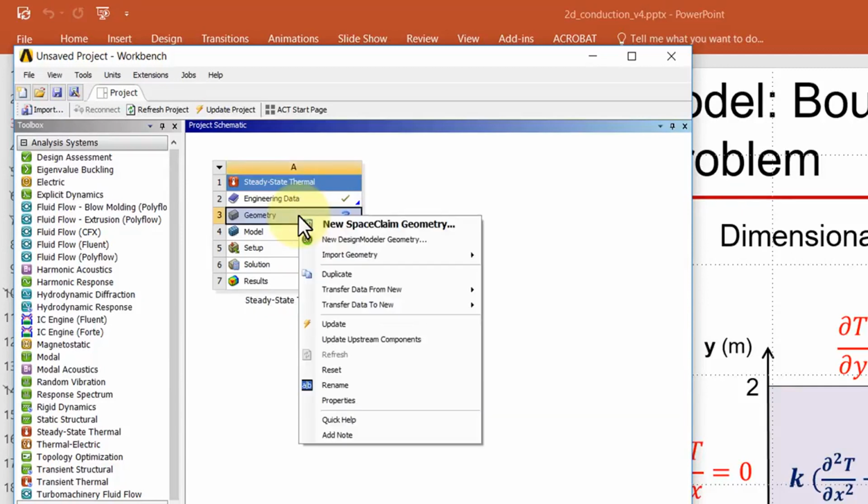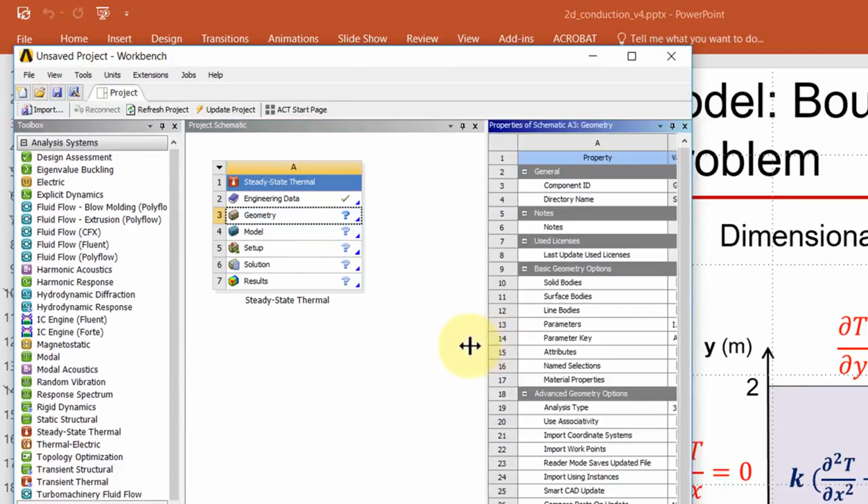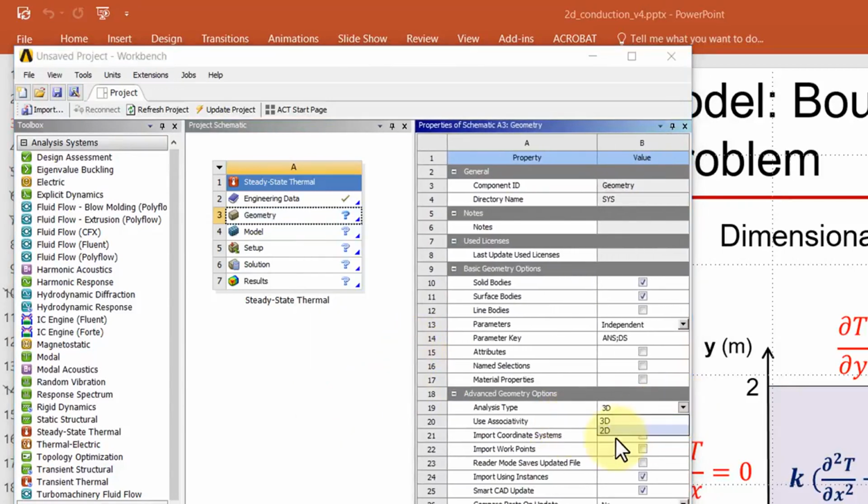Right click on geometry and go to properties first. Okay. And if I drag this here and set analysis type to 2D, because we have a 2D problem, ANSYS now knows that your temperature varies only in X and Y, so it's knocked off the dependence on Z because this is 2D. And also it knows that the equation that I want to solve is